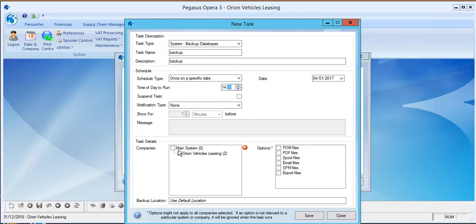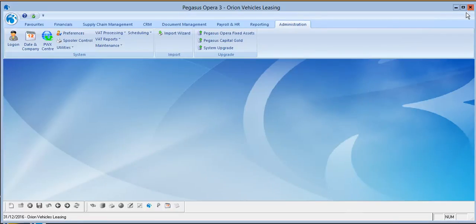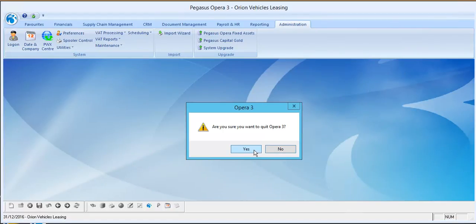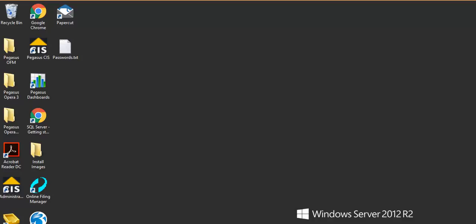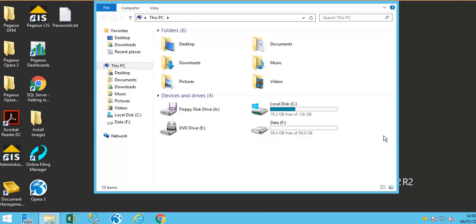What we're going to do is just copy the main database once, to the default location, which is the same as before. If we hit save, that schedules the task in there. Then if I close out of Opera,